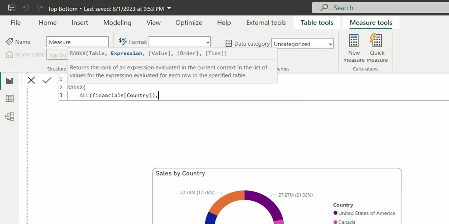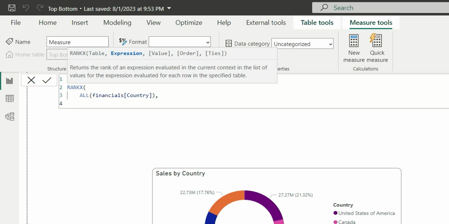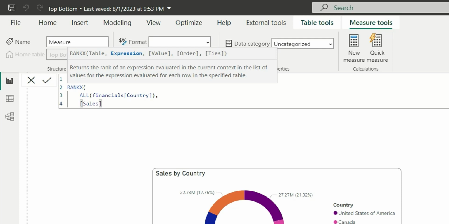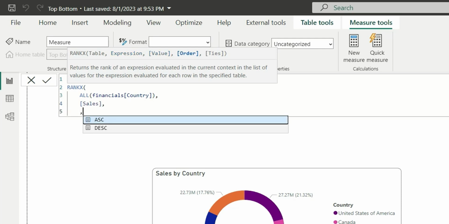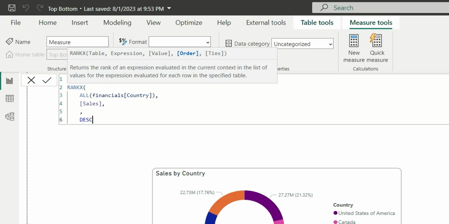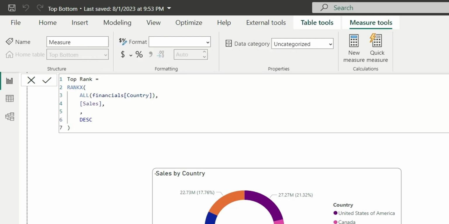And then it takes expression. In expression I will give the measure which is being used in the chart. So I'm using sales. In value I will leave it as blank, and then the sorting order will be descending as it is showing the top ranking. Now close the bracket. So this is our top ranking,